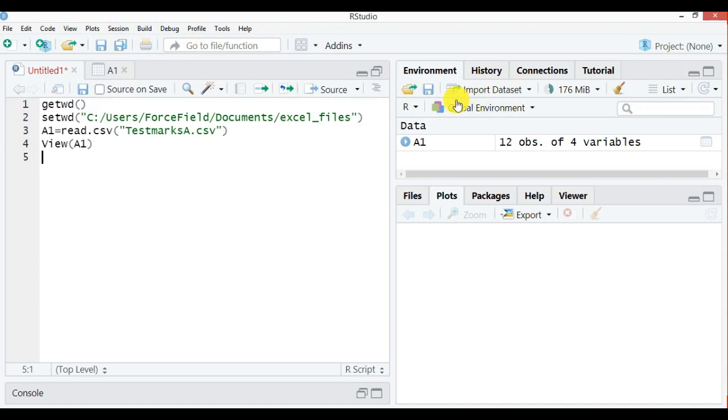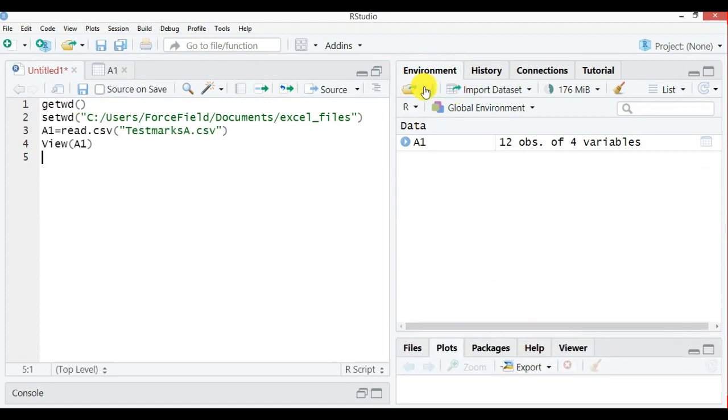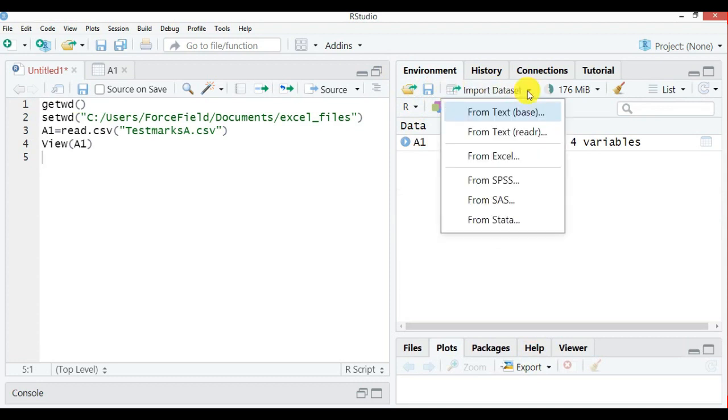Now here in environment, can you see in this third window of my environment, you have Import Dataset. Here there is a small drop down. You can click on that and then you have some options from where you want to import this data set. I will go for From Excel.